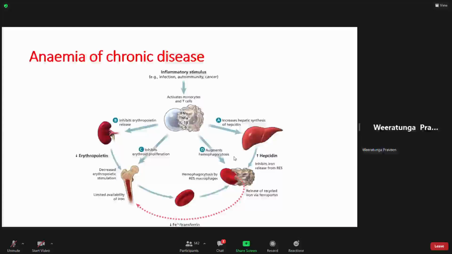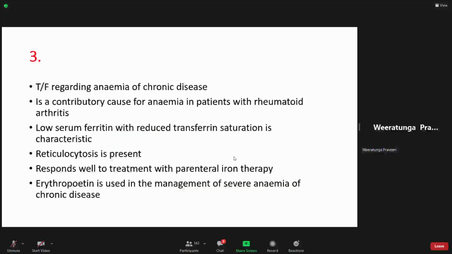There is a little in this pathophysiology diagram as well. We have found that in anemia of chronic disease, apart from this impaired release of bone marrow iron, there is an erythropoietin suppression here. The inflammation suppresses erythropoietin, right? So what happens there is, now we are using sometimes in patients with severe problems, right? We use erythropoietin. So severe anemia of chronic disease,